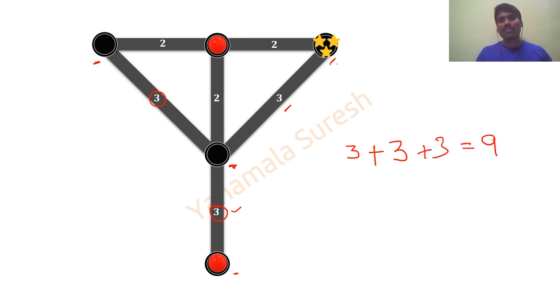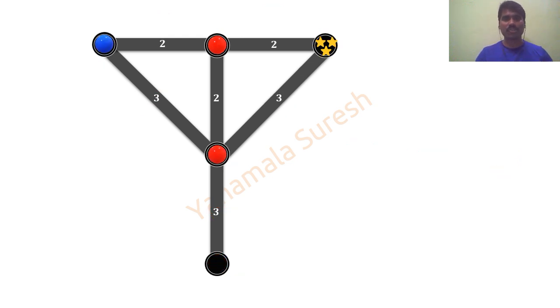If there is a possibility of less than 9, that score is also good. There is one more way also. This is the first way, done, completed, and the second way is I can move the ball from here to here and from here to here. Before that, the movement of the red balls has to happen, isn't it? Okay, let me go ahead with the second scenario. This is the question they had given. Now, in order to move this blue ball from here to here, I have to move this red ball.